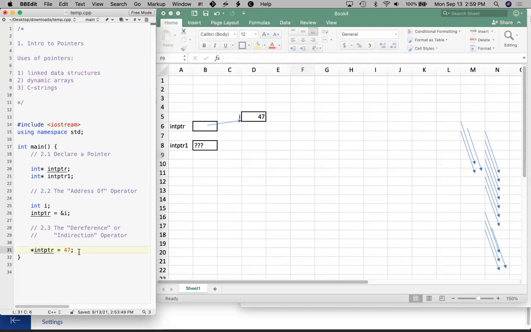All right, let's go ahead and do a cout statement so we can see for ourselves what's going on here. So I'm going to just say cout